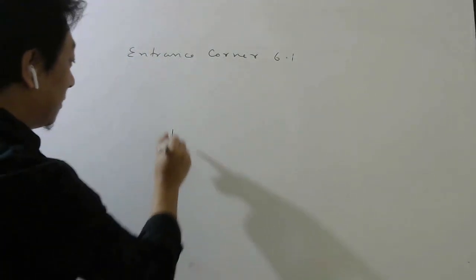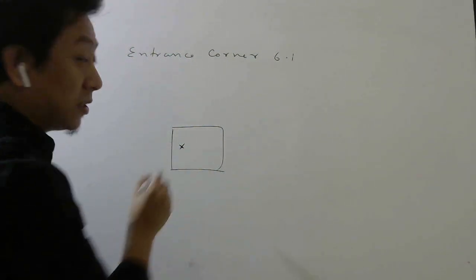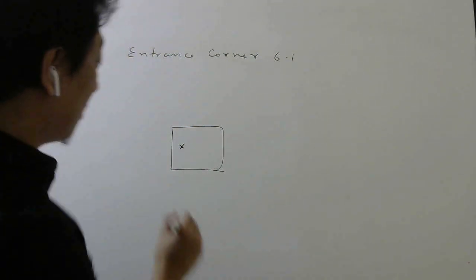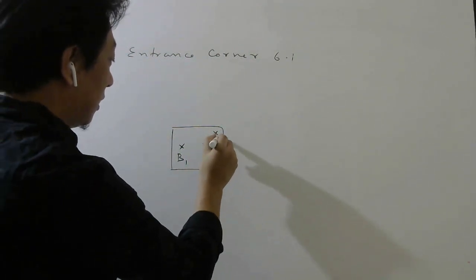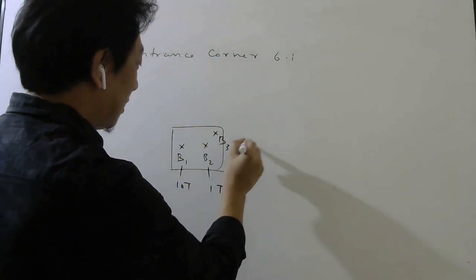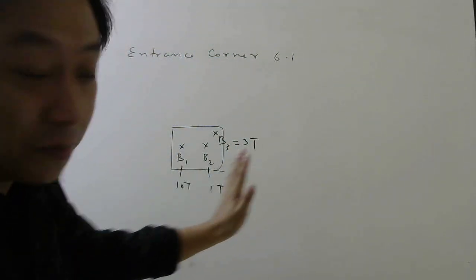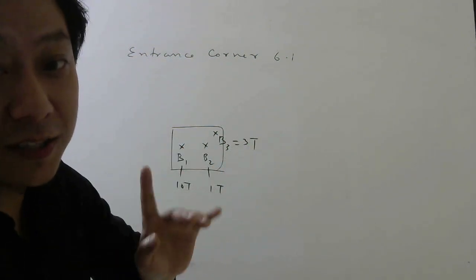Option C, it is placed in a space varying magnetic field that does not change with time. Very interesting. So option C says this is a plate and we are keeping it in a magnetic field which is changing in space. Here it is B1, here it is B2, here it is B3, maybe 10 Tesla, 1 Tesla, 3 Tesla. So it is changing, but it is changing in space. It is space varying. It is not changing with time.